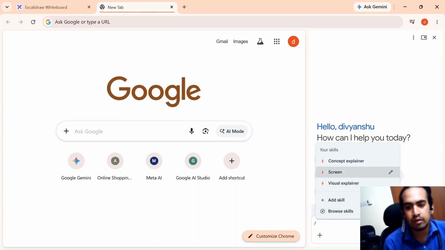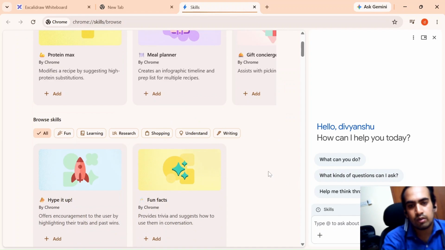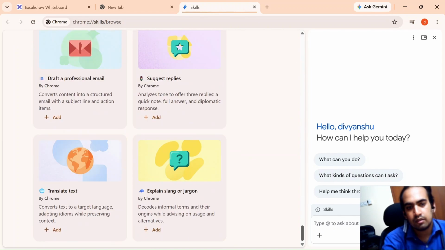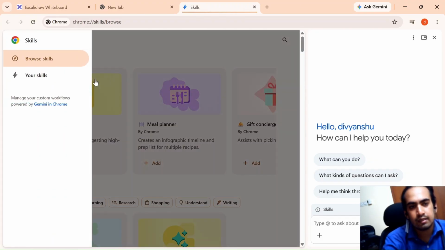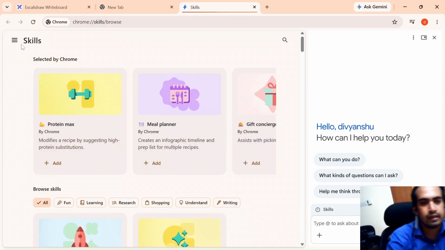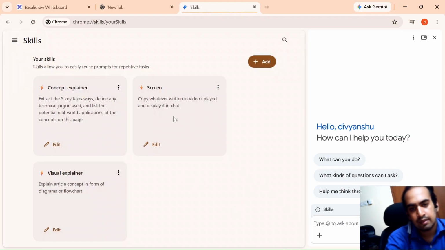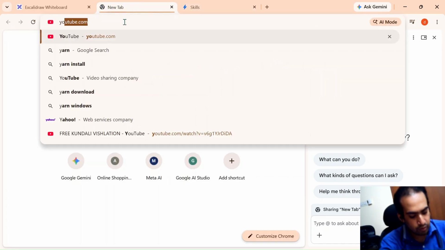Now here you can browse. What you can do is you can browse the skills that are pre-made by Google, or you can create your new skill. How you can create it? Just click on these three hamburger menu, click on your skills option, and here let's say you are watching any YouTube video